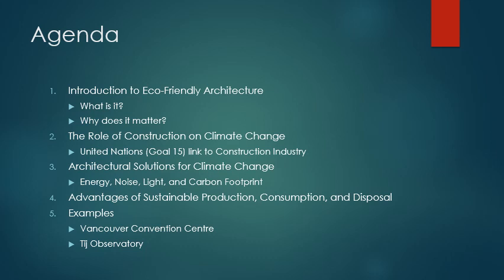Some of those things are modifying energy usage, noise pollution, and light pollution, or the use of light. And again, we'll go into the carbon footprint, how we are reducing the carbon footprint through certain practices. After that, we will discuss the advantages that sustainable production, consumption, and disposal have on human life and the environment. And finally, we will discuss the two examples that we researched, two examples of buildings that are already